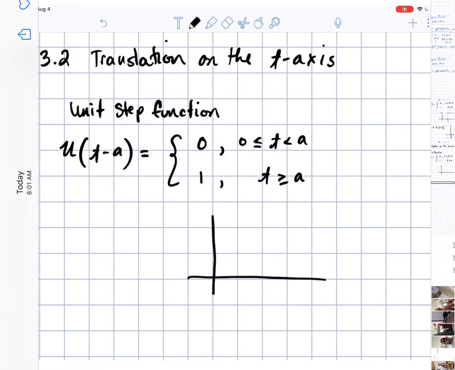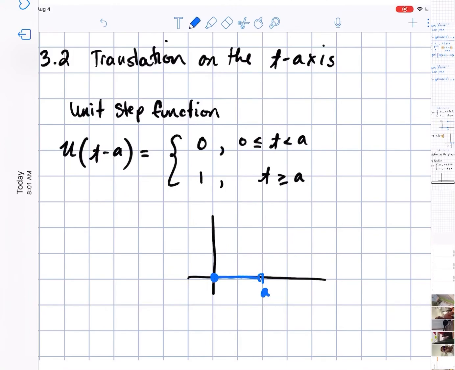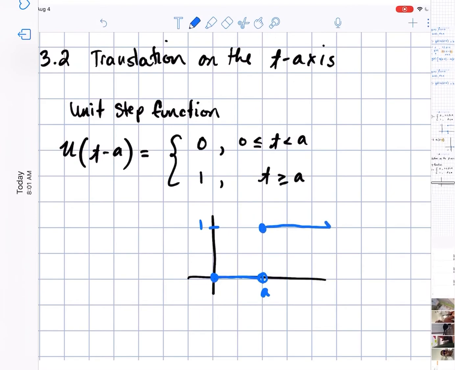We know it looks like this, where you would have, let's say A is here, right? Open circle, and then it jumps up to 1, and then it continues like that. Okay, so there's your unit step function. Now, a couple things that you could do with this is it doesn't, with that,